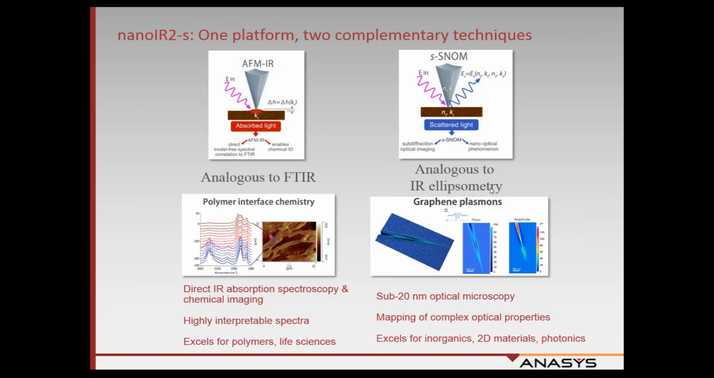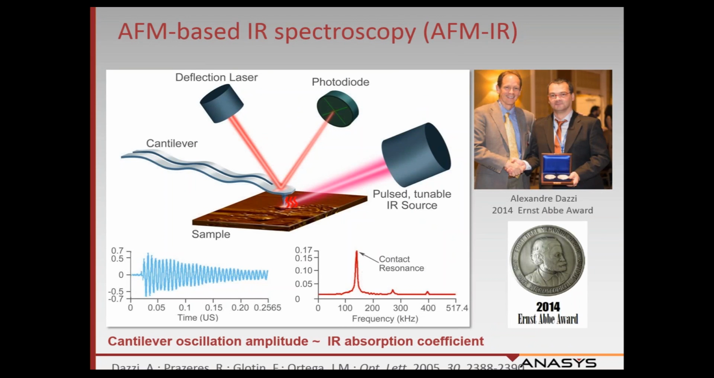The scattering SNOM technique is, as opposed to AFM-IR, where you're using the tip as the detector of the absorption, in scattering SNOM, you're collecting in the far field the scattered light from the apex of the tip. And because of this and the properties of the scattered light, it's analogous to IR ellipsometry. And so it does a great job at mapping out the complex optical properties of samples, giving you very high spatial resolution, sub 20 nanometer spatial resolution, and excels in materials such as inorganics, 2D materials, and so on,